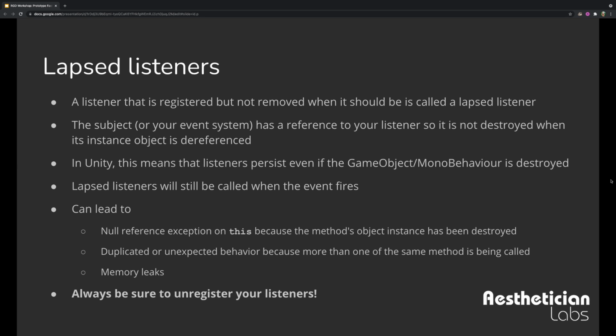It's now a method with no instance, which in Unity and C# can create some really interesting problems, because that instance is encapsulated with the method as a listener, and so when the instance disappears, you can get null reference errors on this, which is very scary. But when you see that, oh, I have a lapsed listener that's being invoked. In Unity, it means listeners persist even if the game object or MonoBehaviour is destroyed, especially between scene changes. That can happen. So you think, this game's working great, and then you reload the scene and you get a bunch of references that say this is null, and you're like, that can't be possible. Well, it can actually. Lapsed listeners are still called.